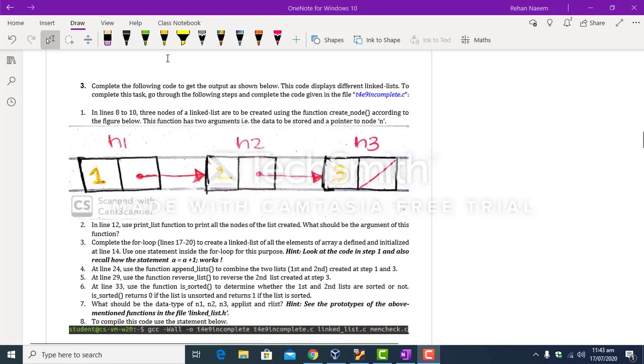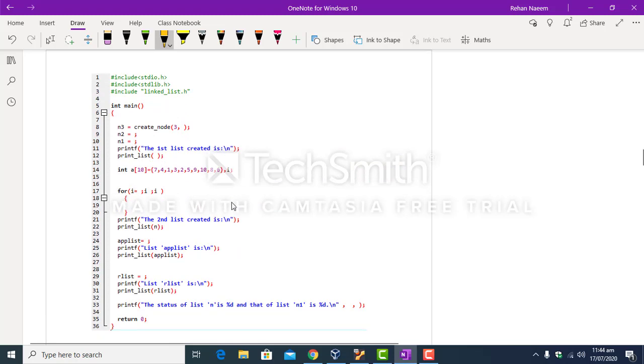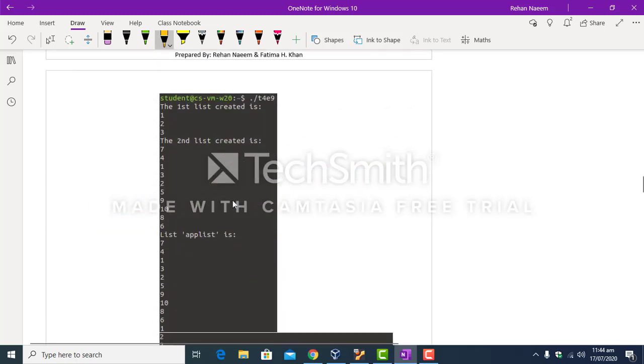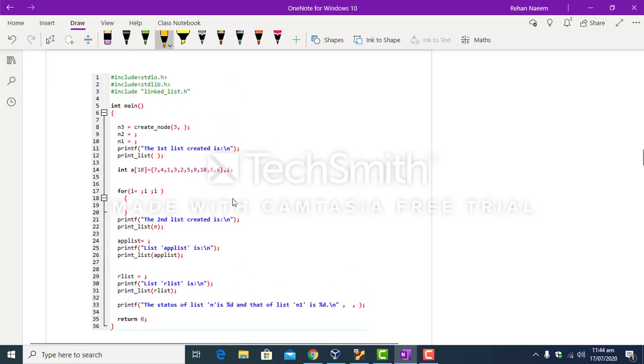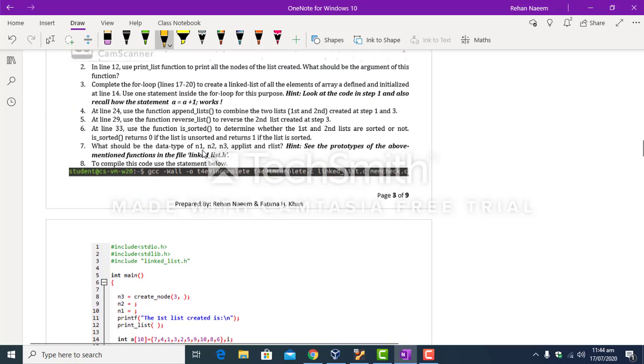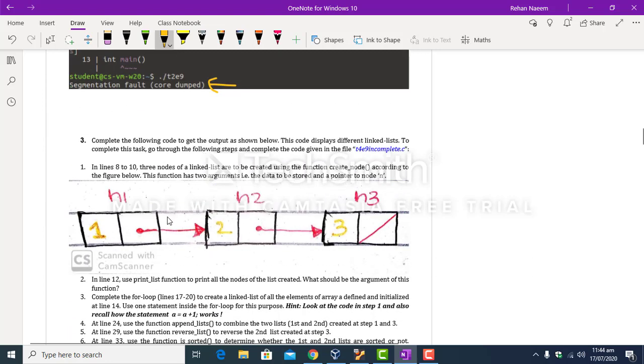Okay, in task number 3, you have to complete this code so that you get this output using linked list. So in the first part of this code, you have to create a linked list containing 3 nodes, n1, n2 and n3, and each node consists of two things.